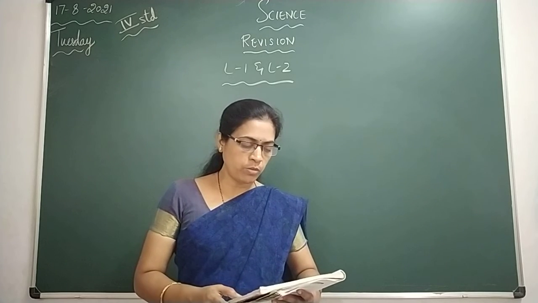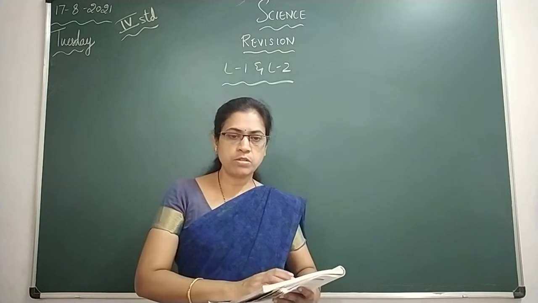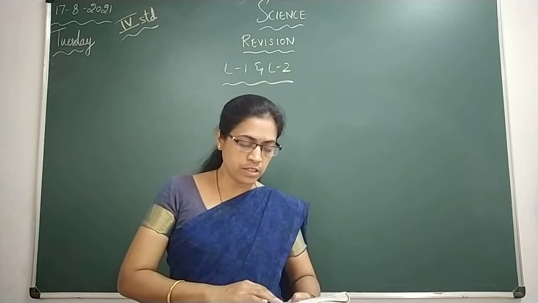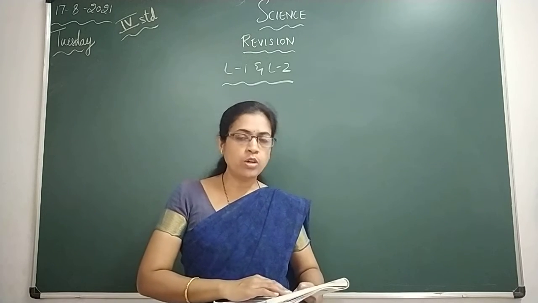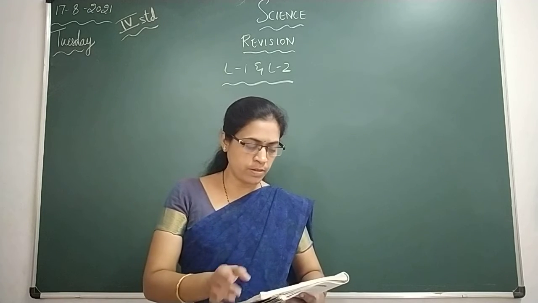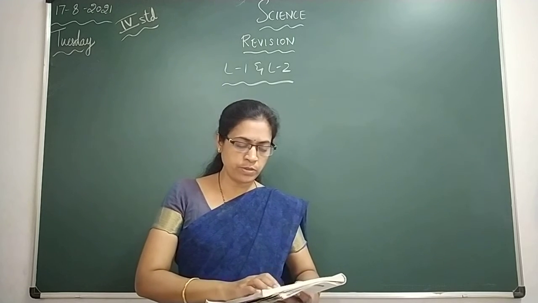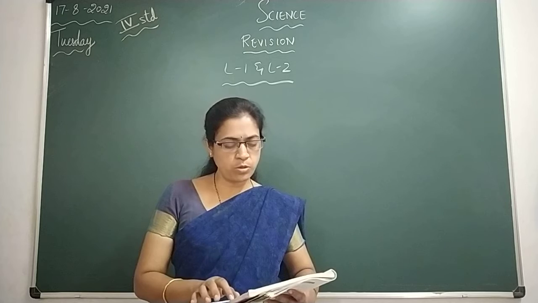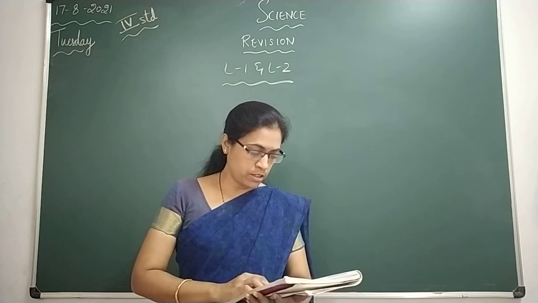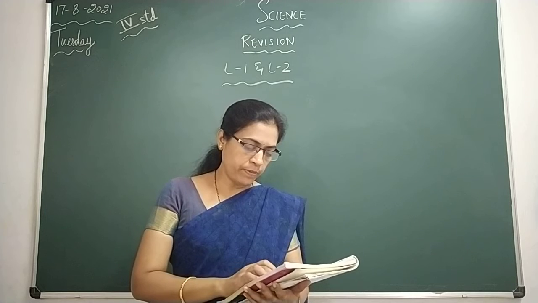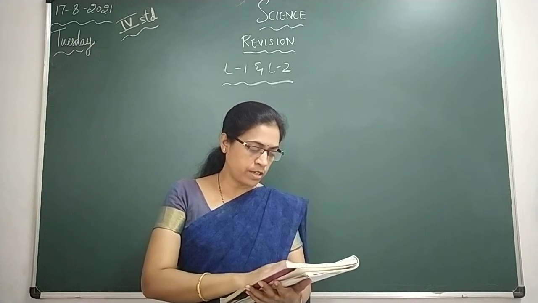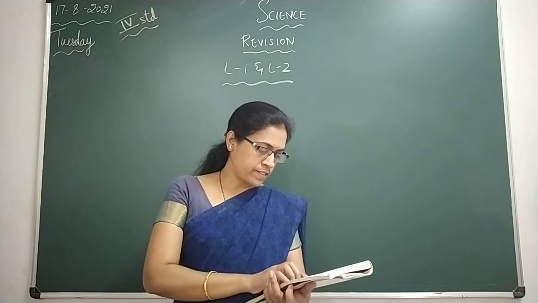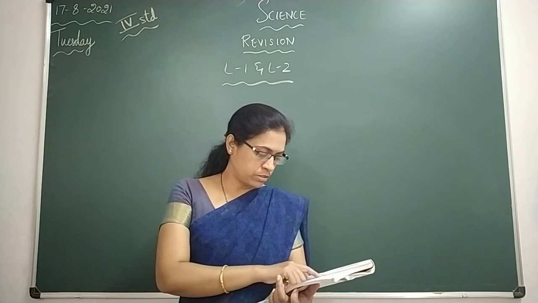False. Plants that grow in water are called aquatic plants. True. Plants in rainforest have cones in place of flowers. False. Submerged plants have narrow leaves with no stomata. It's true. And then children, you need to do this D main also. If the statement is right, you need to draw a happy face, and if the statement is wrong, you need to draw a sad face there. So you have to just go through this one, children.